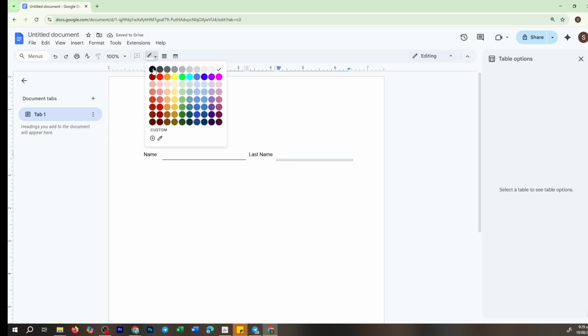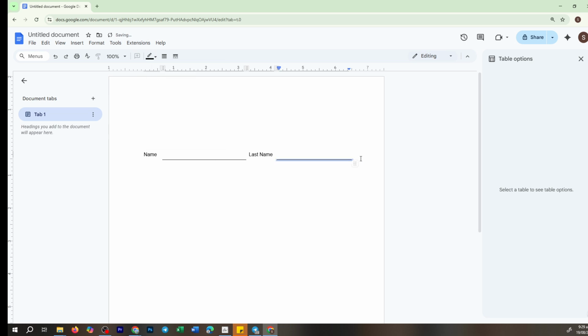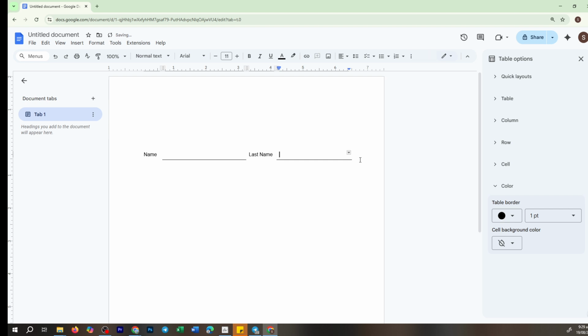With your image open, the next step is to copy it. You can easily do this by pressing Ctrl+C on your keyboard. This copies the image to your clipboard, making it ready to be pasted into your document. Switch back to your Google Docs tab and click where you'd like to insert your beautifully crafted curved text. Press Ctrl+V to paste it right into your document. And there you have it, a striking and professional-looking curved text